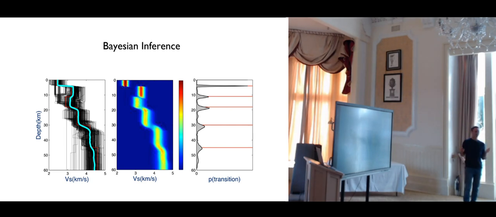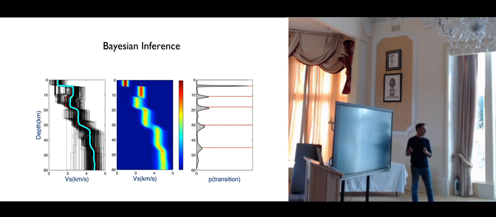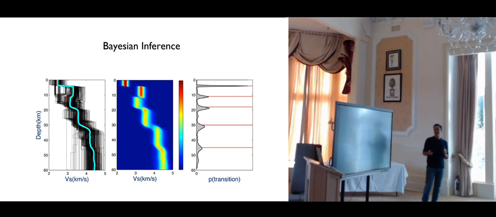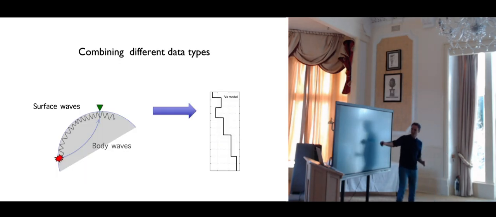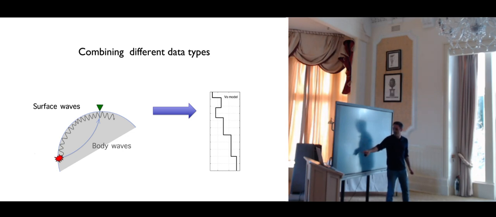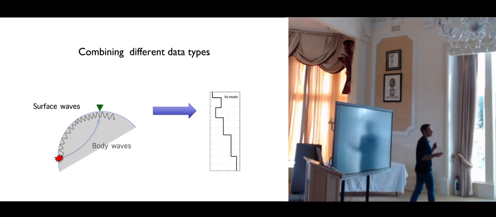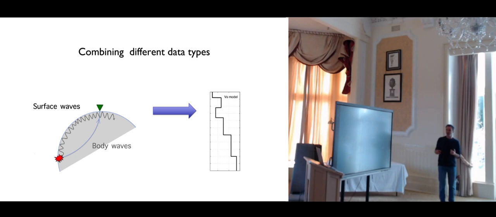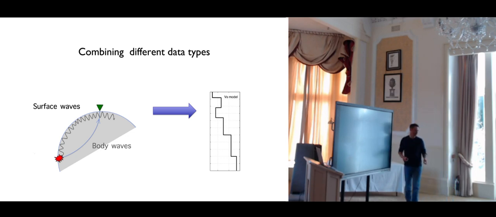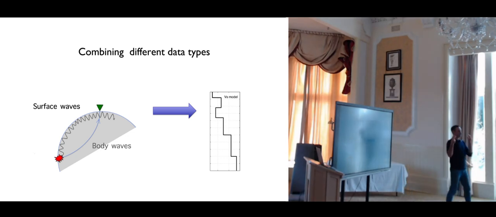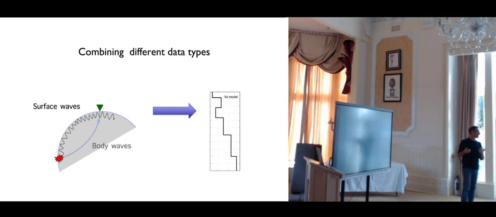And so now what we do very often also, these receiver functions, we combine them with surface waves. Those are two different data sets. We often like to combine body waves and surface waves. They are different frequency bands. They are difficult to combine to try to recover a 1D model. And so now the question is, when you have two data sets of different nature, with different sensitivities, associated with different uncertainties, how do you combine them?